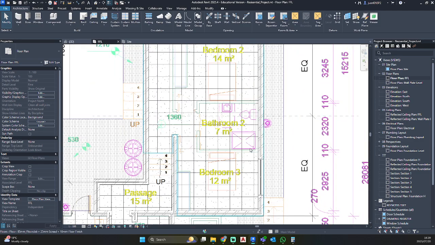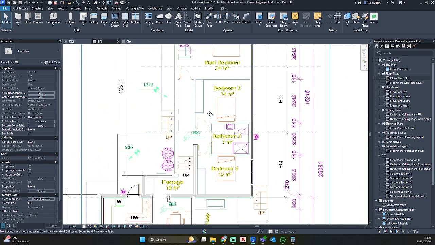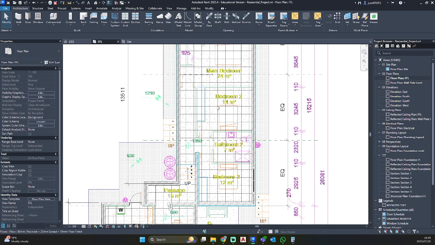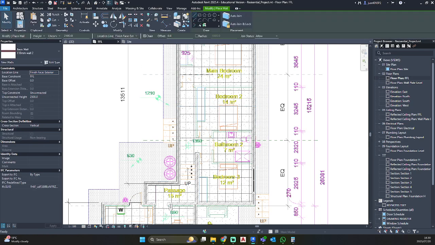So now it's time for us to put in our internal walls in our private space. So now I'm going to hit WA on my keyboard, or you can go to the top ribbon under wall. Just ensure that you've selected your 110 wall. And we're going to change our base constraint to private space finish floor level.